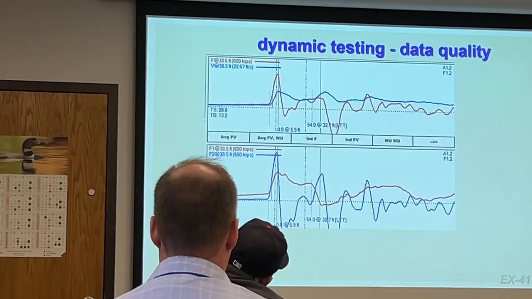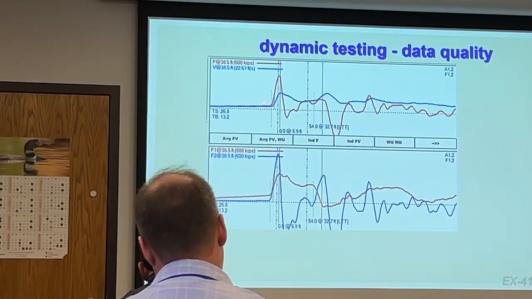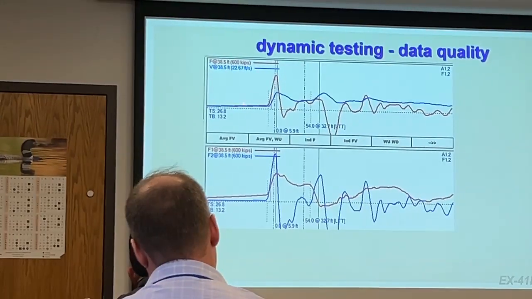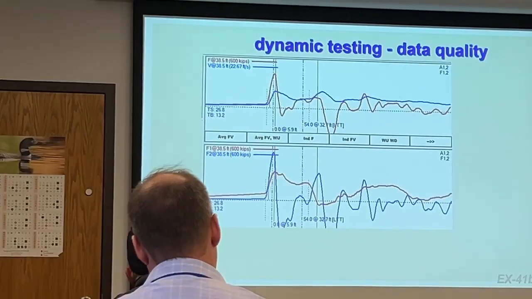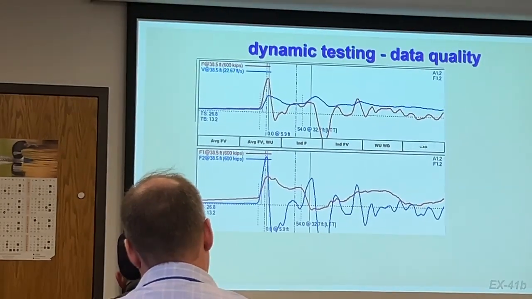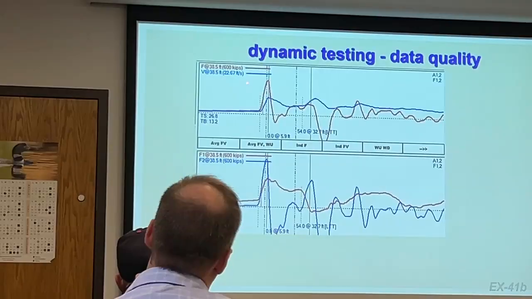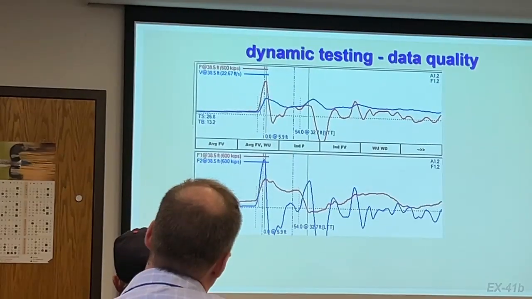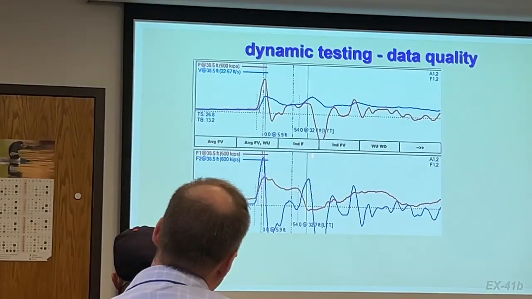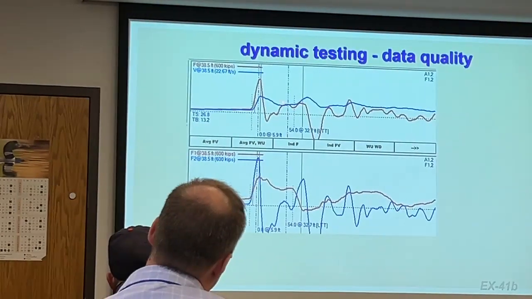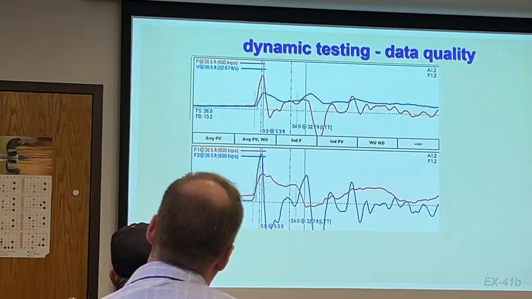Same idea. Diesel hammer? No. We got gradually increasing force and gradually increasing velocity. So that's a diesel hammer. Is the force and velocity proportional? No. Not at all. In fact, anytime you see the force go very negative relative to the velocity, that's usually